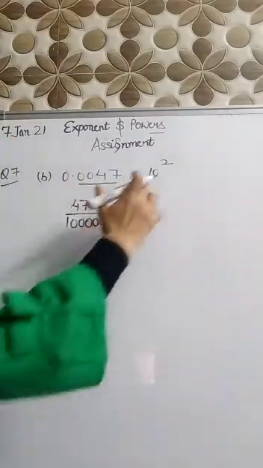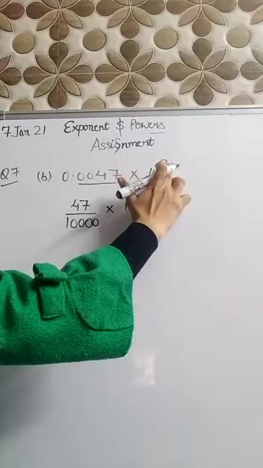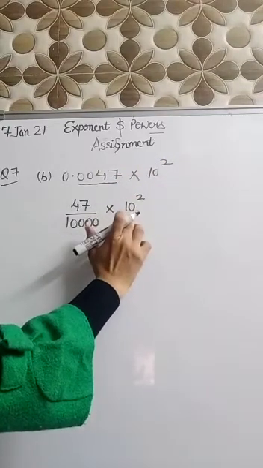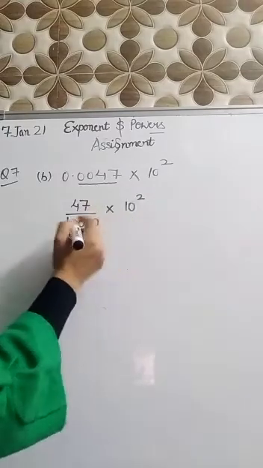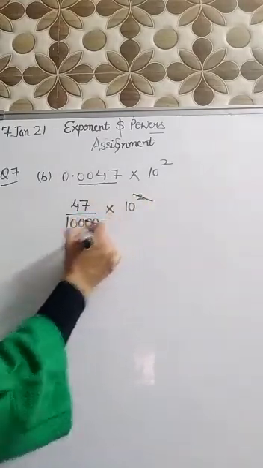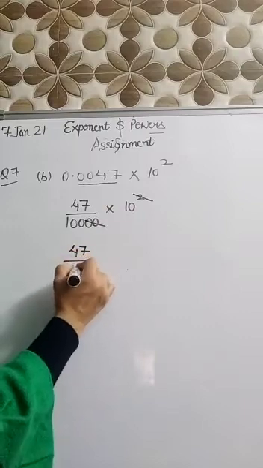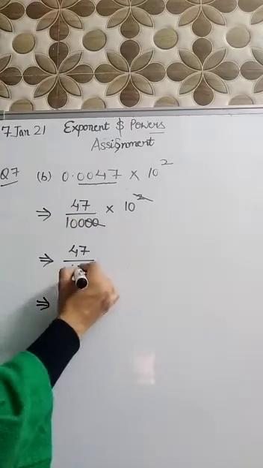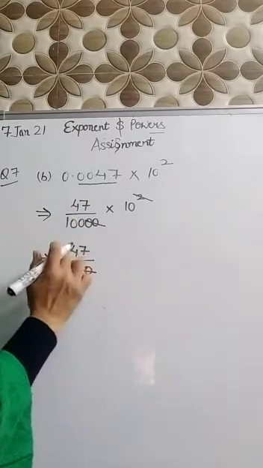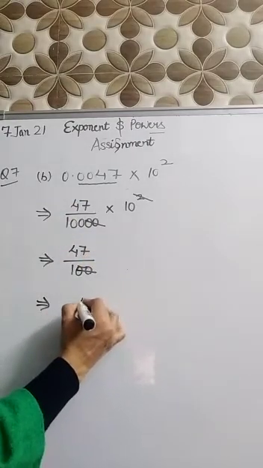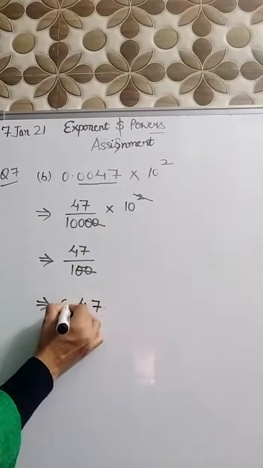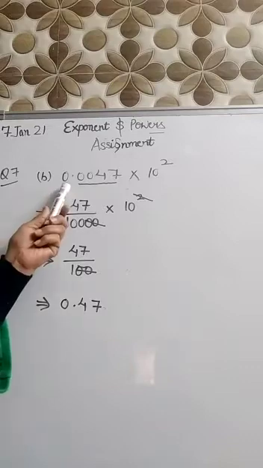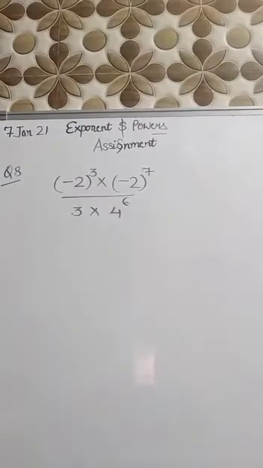Now in the previous question you were having negative power there, so we made the reciprocal there, but here positive power is there, so no need to change it. We have written it same. Now cancel out 2 zeros with this, so we are left with 47 upon 100. If you write this in the decimal form, remove these 2 zeros, so put the decimal before the 2 digits: 1, 2, decimal, it will become 0.47. That is the usual form for this given standard form.